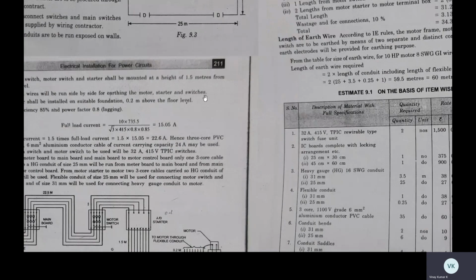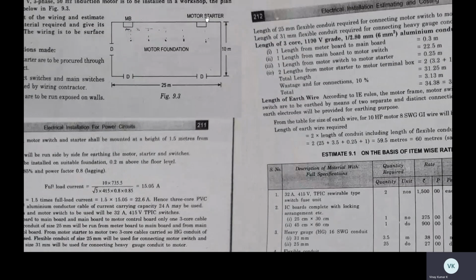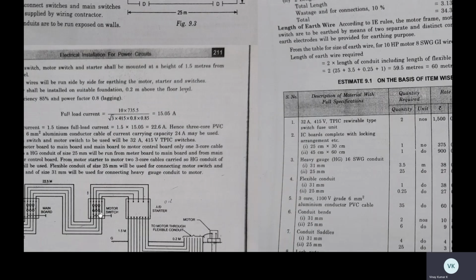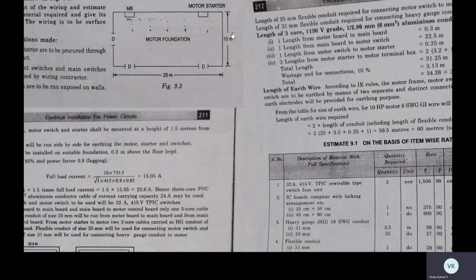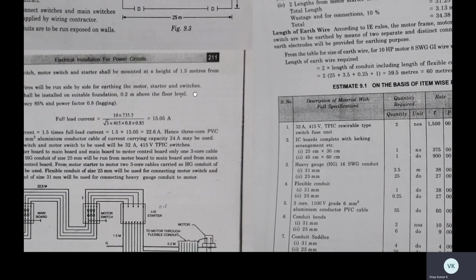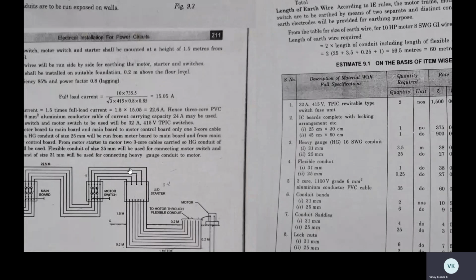Okay. From the motor switch to motor starter. Normally what happens, the motor switch is placed nearer to the switchboard, to the motors only. Okay, so from the switchboard to motor switch to star delta starter. This is about 1.5 meter from the wall, 1.5 meter from the ground, and 0.5 meter of extra floor is also made. Okay, we got till here, star delta starter.